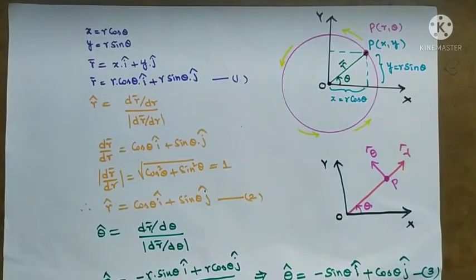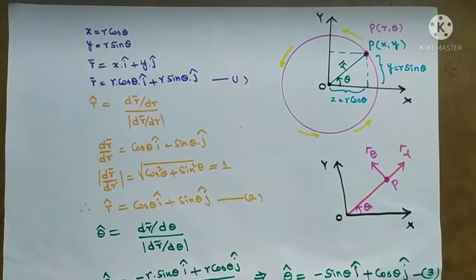And in the denominator, the magnitude of this quantity. So the magnitude is nothing but the square root of the sum of the squares of the coefficients of the unit vectors, that is minus r sin theta whole square, r cos theta whole square. Then you will get r square sin square theta plus r square cos square theta. If you take r square common, sin square theta plus cos square theta in the bracket equals 1. And r square is inside the square root; if you bring it outside, it becomes r. And in the numerator also we have r, so we can cancel that r. Then finally you will get theta cap equals minus sin theta i cap plus cos theta j cap.